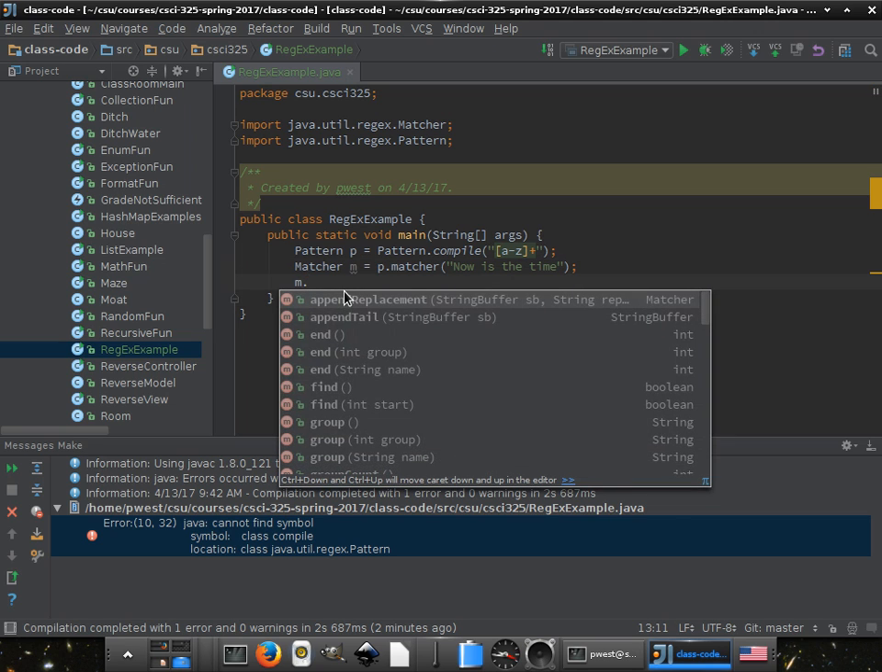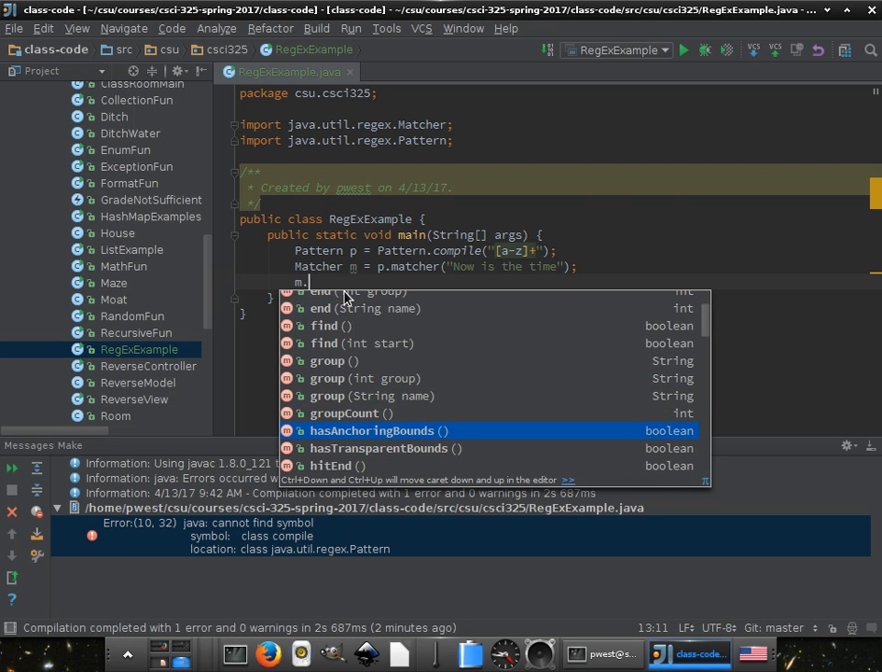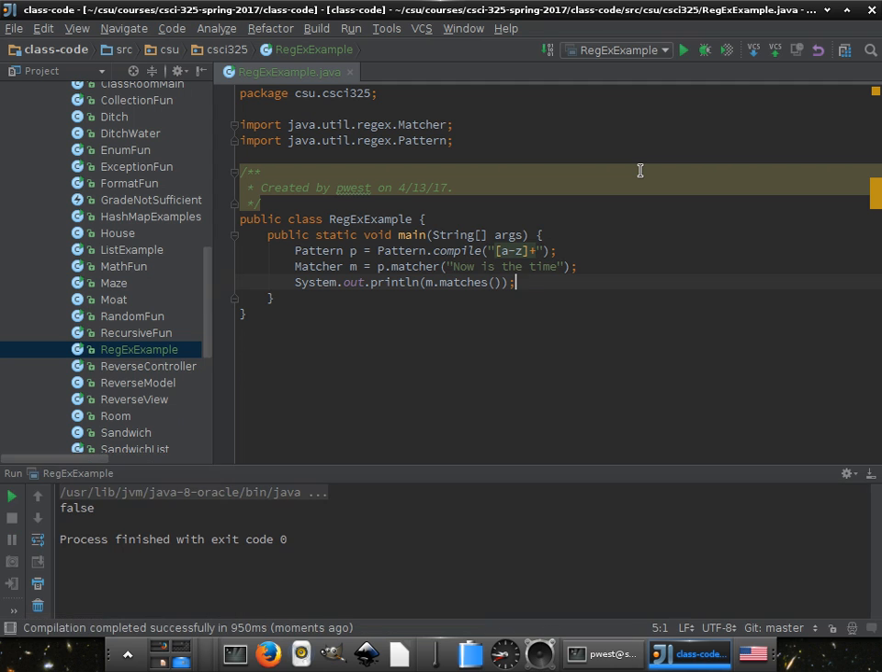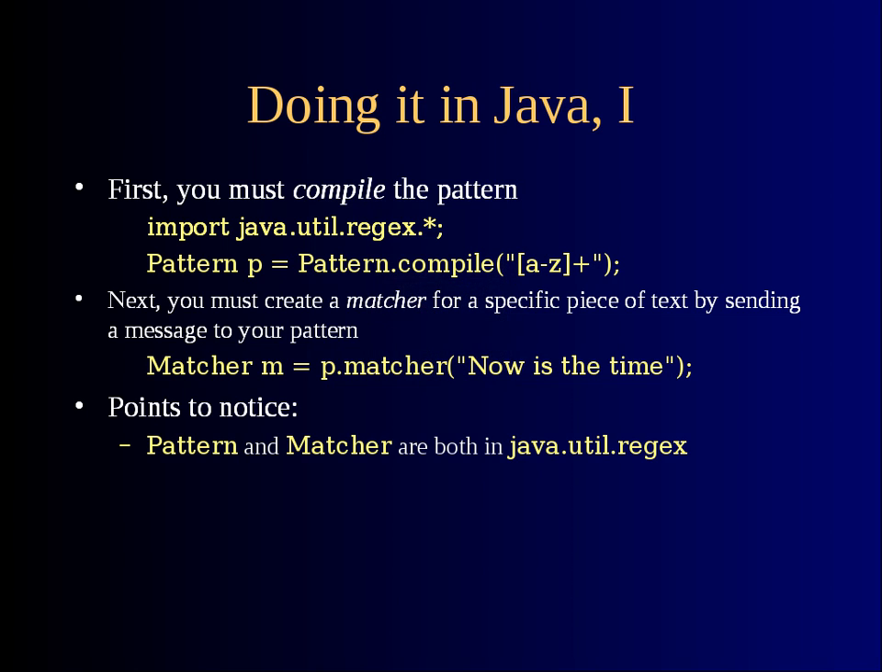Let's see what capabilities we have inside of Matcher. m dot. Oh, we got lots of stuff. matches. So that's going to tell me if the string flat out matches the regex. No, not at all. So it should produce false. Perfect. And then I think next came the